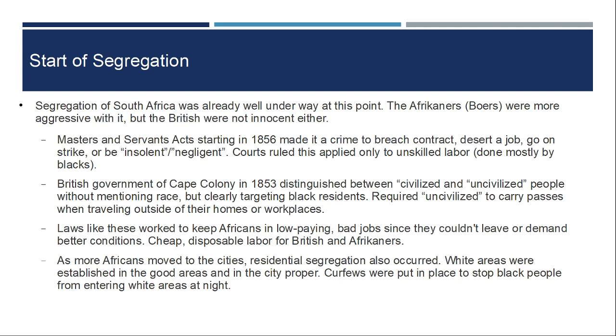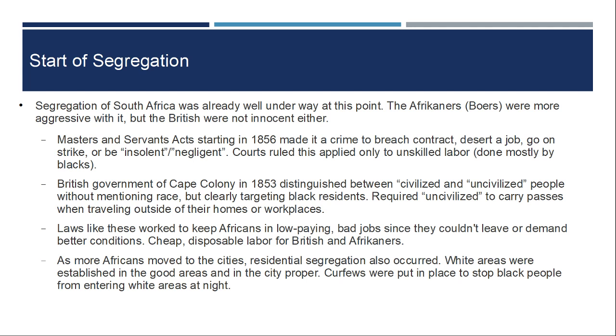So in 1856, we get the Masters and Servants Acts, which basically make it a crime to breach a contract, desert a job, go on strike, or, and these are official terms within the legislation which allow for a lot of subjectivity, to be insolent or negligent. So courts could then find people guilty for this. They could fine them, they could imprison them. And the courts ruled that even though this is technically a blanket rule, the courts really only care about unskilled labor, which was done very heavily by blacks,